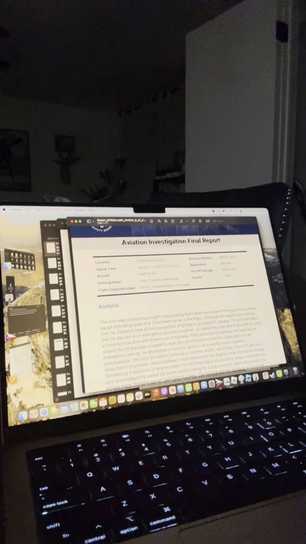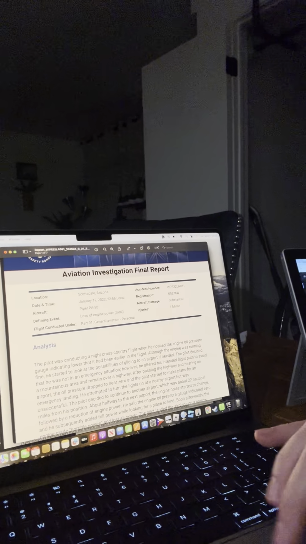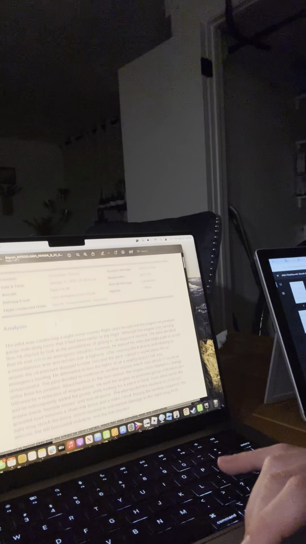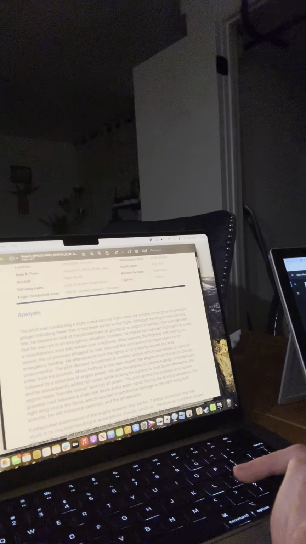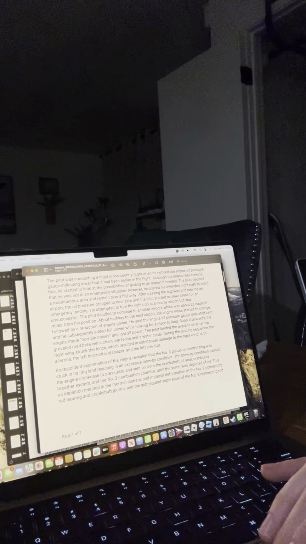Then I'd be going over the case study. So right here, I have the case study of a PA-28 in Scottsdale, actually. So it's pretty nearby. I wanted to find one that was nearby and pretty recent. There was a minor injury and loss of engine power, and obviously that would be an immediate notification to the NTSB, but there was also some